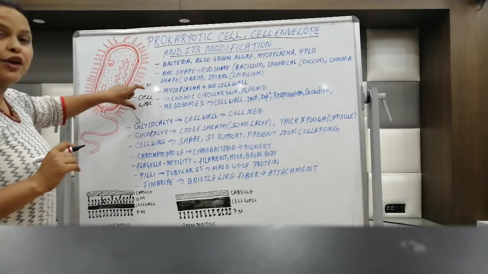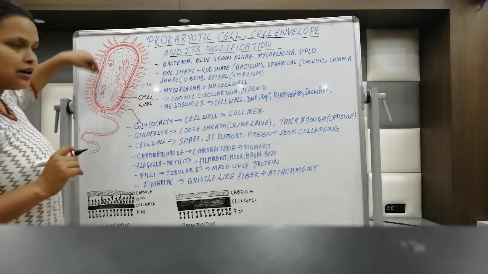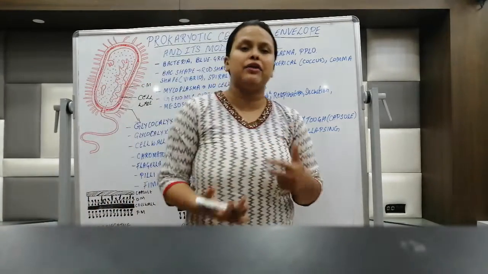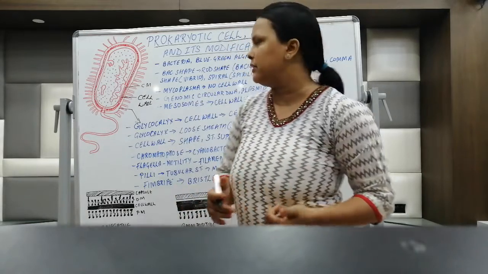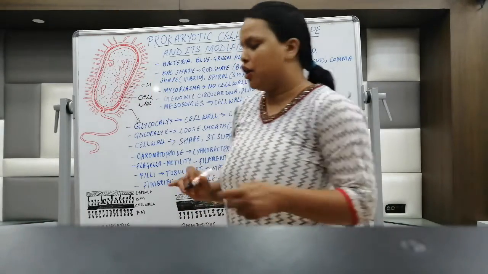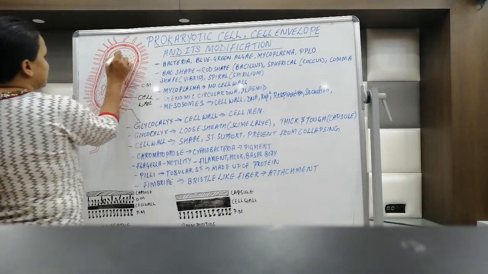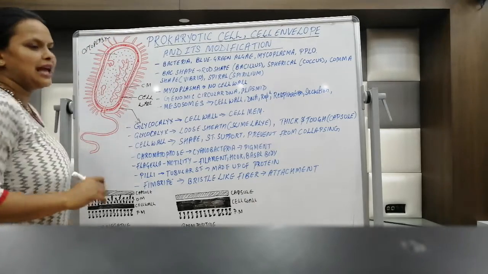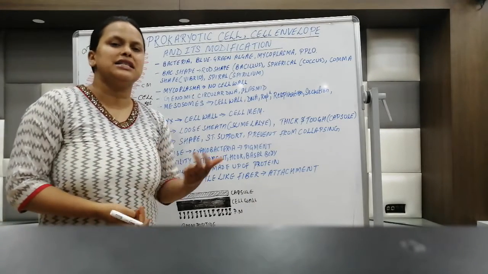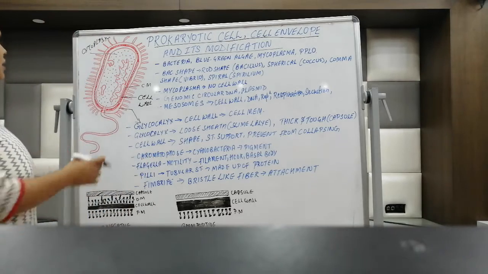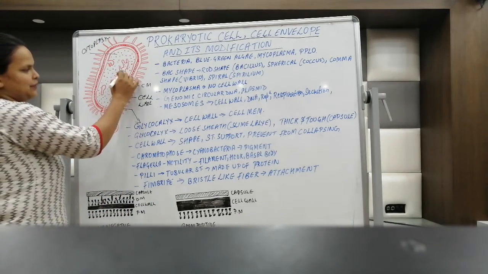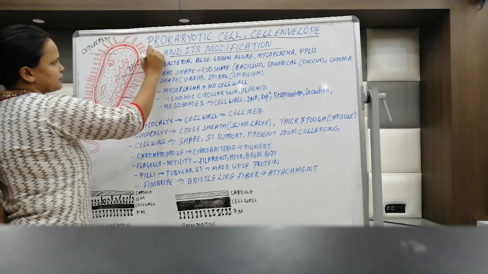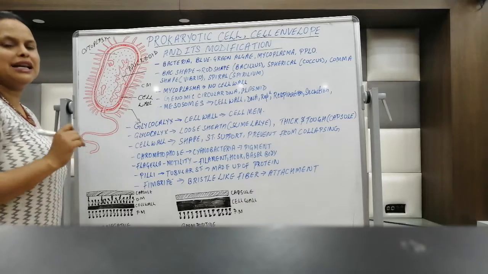So we have three complex structures outside the bacterial cell, which provide support and integrity, and give the shape to the bacterial cell. Then inside the cell you can see this plasma structure. It is nothing but the cytoplasm. This cytoplasm carries all the inorganic and organic substances required by the cell. Then we have the nuclear material, which is called the nucleoid. This is not a nucleus, rather it's a nucleoid.